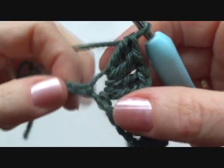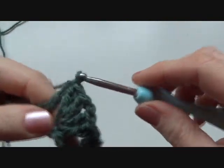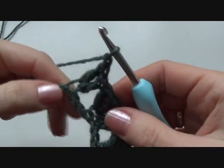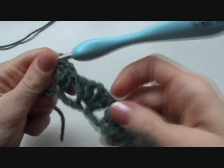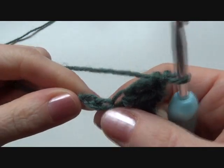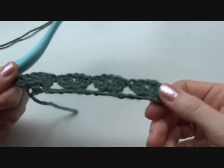Okay, let's get some more yarn, and then again 1, 2, 3 chains you're skipping, and in the 4th we do this same pattern again. So 2 times a double crochet in one stitch, then chain 1, and then again 2 times a double crochet in that same stitch. And if you did it correctly throughout your whole base chain, then you need to have 2 stitches left, and in that last stitch you'll make 1 double crochet. So this is the base of your iris stitch,